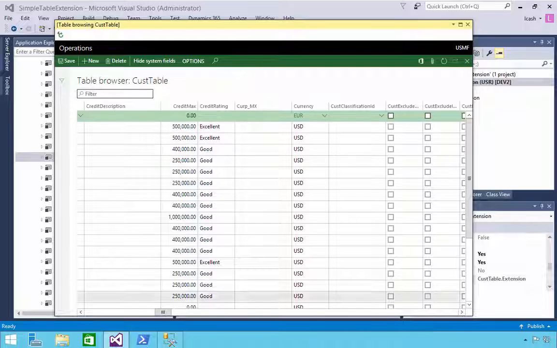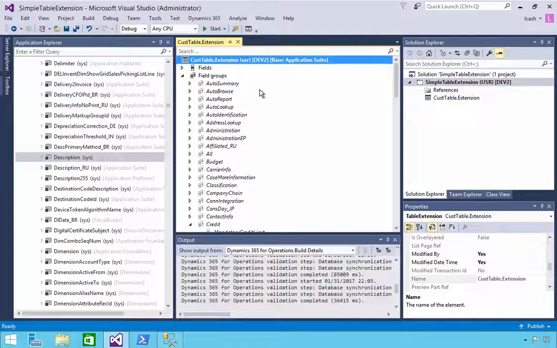So that's a really quick example of adding a field as a table extension. So the original table remains as itself. We can package our assembly, which is the extension, on its own, and therefore